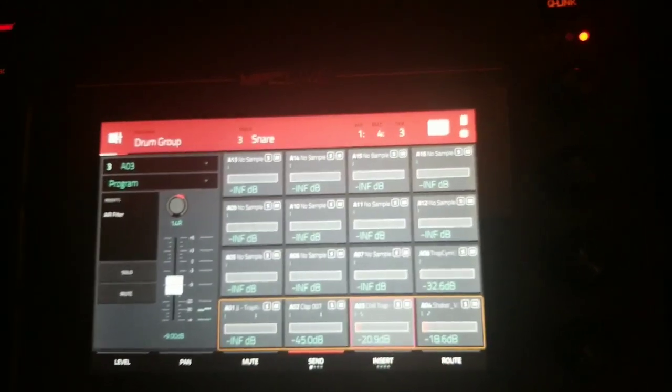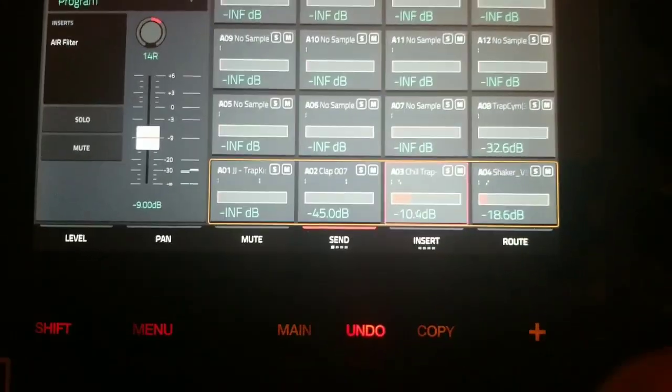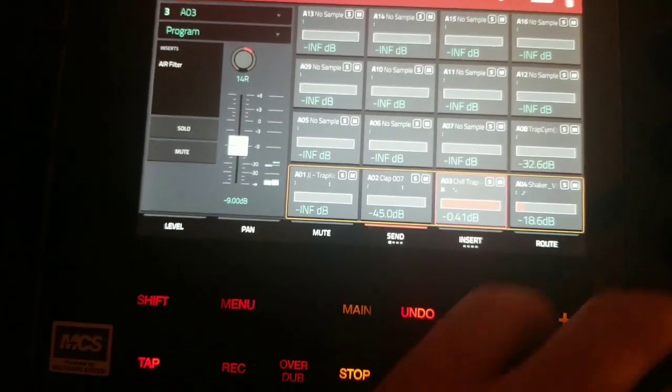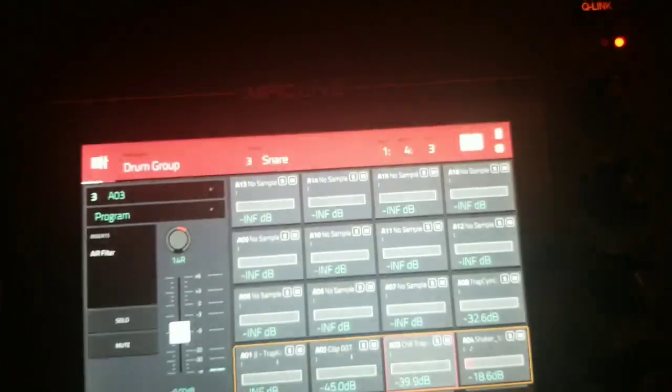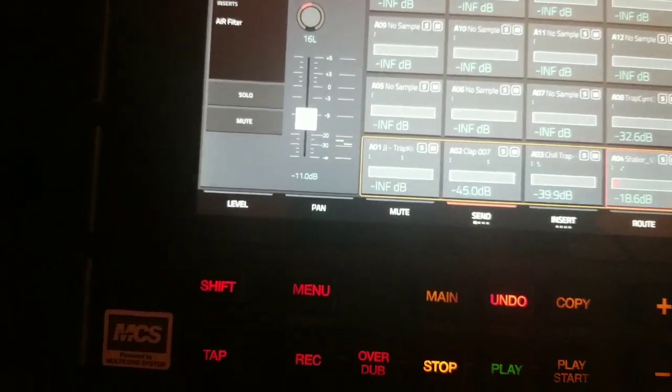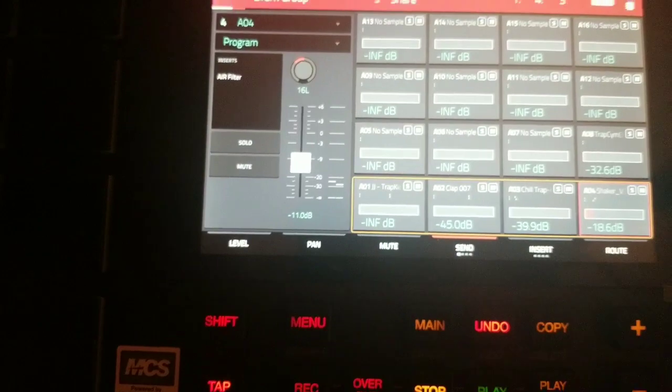So I could turn this up. This is my hi-hat here. And you can hear that the reverb is going up. Another reason why you might want to send multiple sounds to the same reverb is, for example, I want to